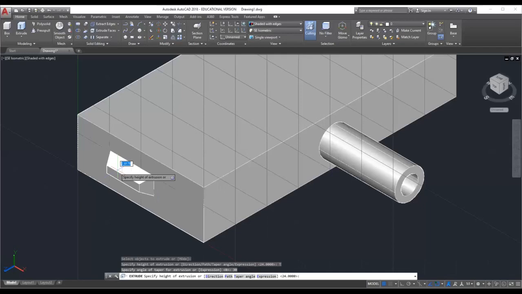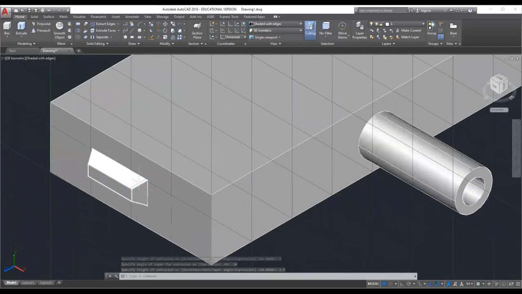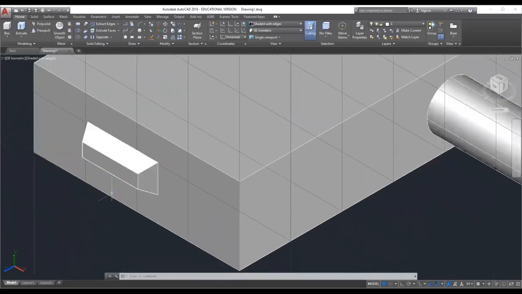Now we have to observe the taper angle here. So we will work on this taper angle face.